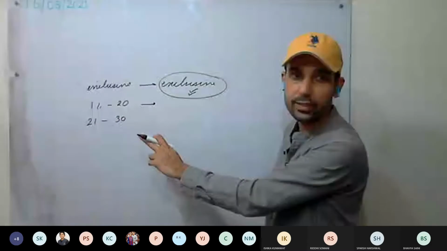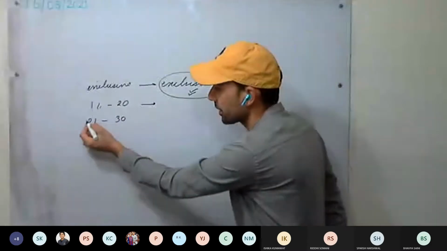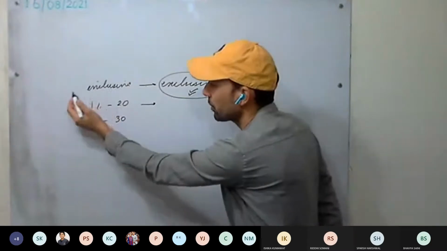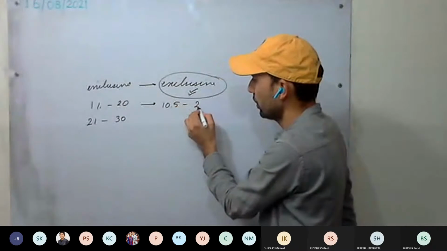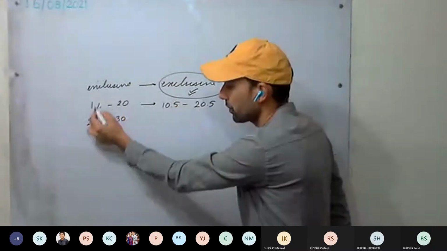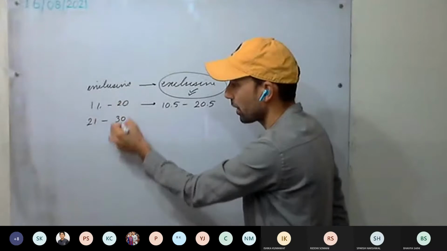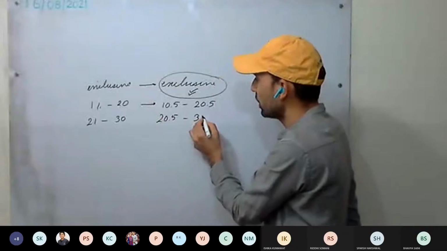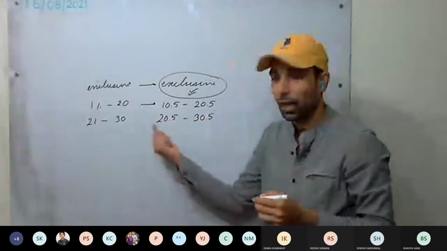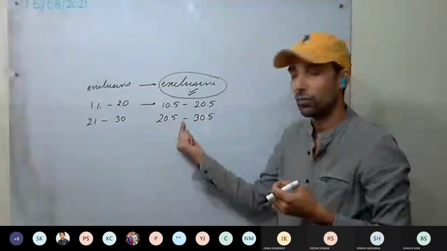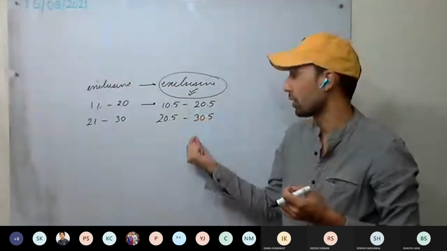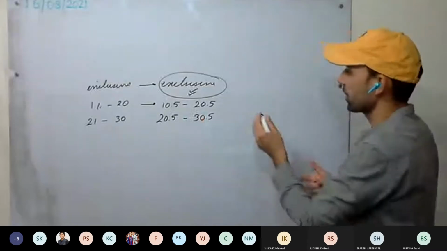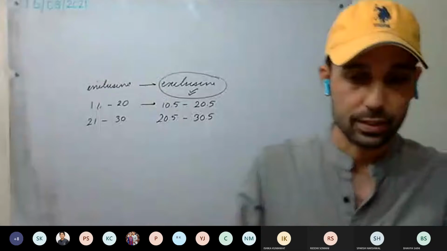So we find the adjustment factor. It is 0.1, this minus this divided by 2, so 0.5 is the adjustment factor. So subtract from this one, it will be 10.5 to 20.5. Subtract from the lower class limit and add to the upper class limit. 20.5 to 30.5. That's how we convert into exclusive form. So for drawing histograms, you will always require it to be in exclusive form. Okay, the rest I will explain afterwards.